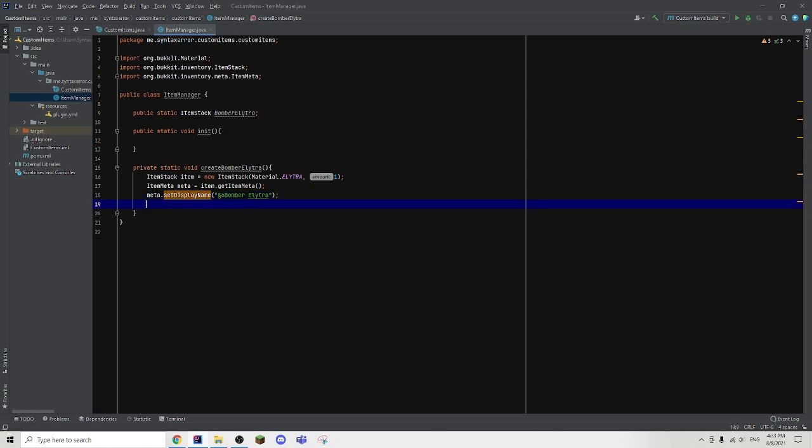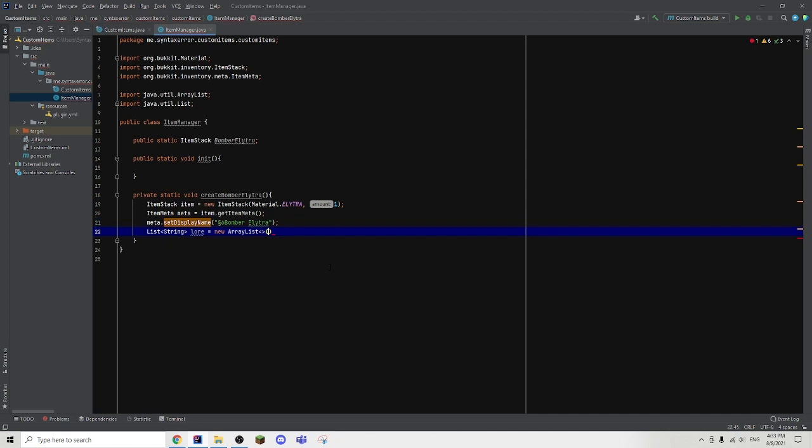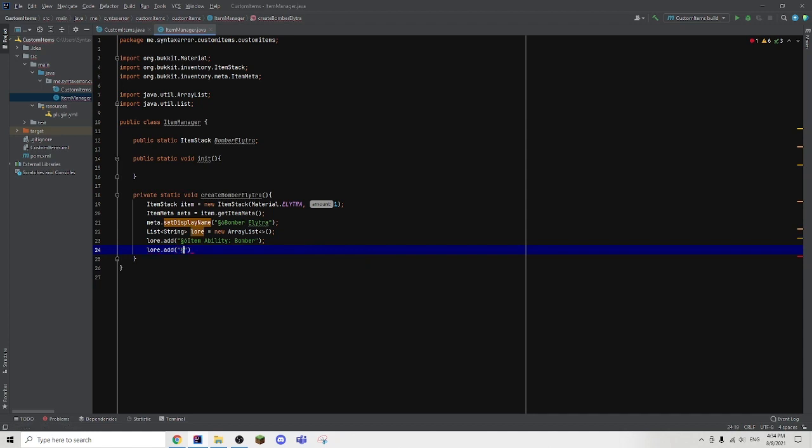Now we're going to create the lore of the item. So to do that, we're going to create a List, put angle brackets and put String in the angle brackets. Name it lore equals a new ArrayList. Now we're going to add individual lines of lore, which is going to take quite some bit of time. Stick with me. lore.add, that's the wrong speech marks. Speech marks, paste in our color code again, and put a 6 for golden color. Item Ability colon Bomber. And then we're going to move down another line, add another line of lore, paste in the color code symbol again. Put a 7 this time for gray color. And just type bomb everything below you when